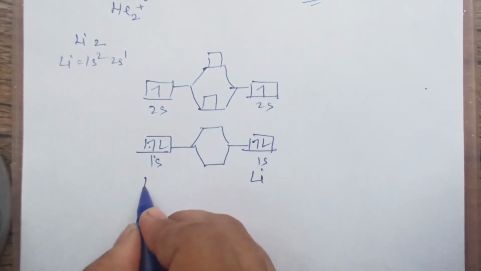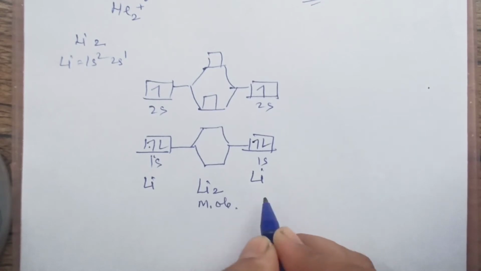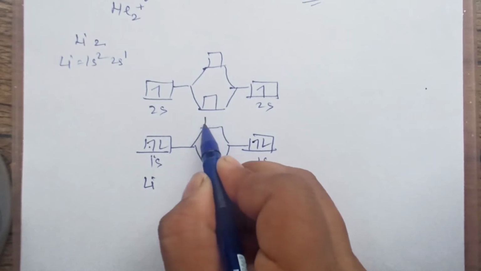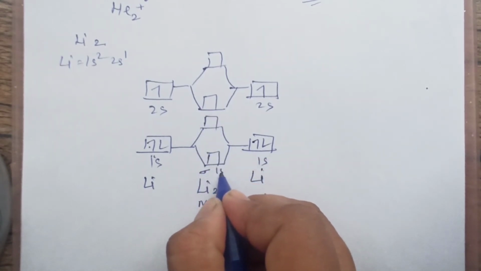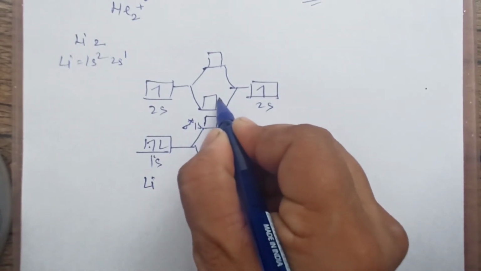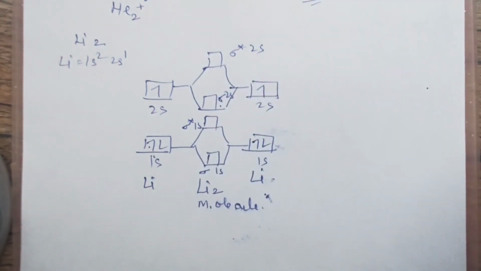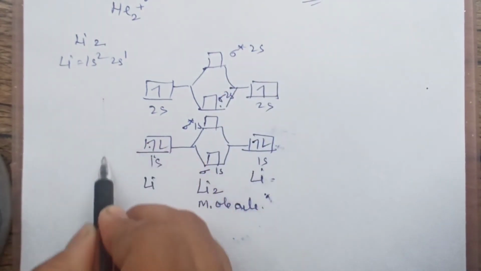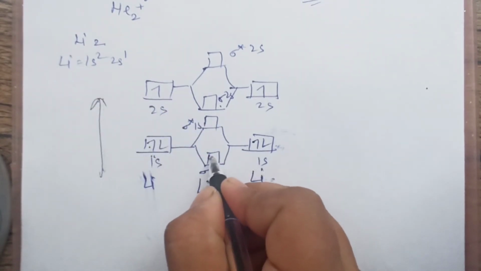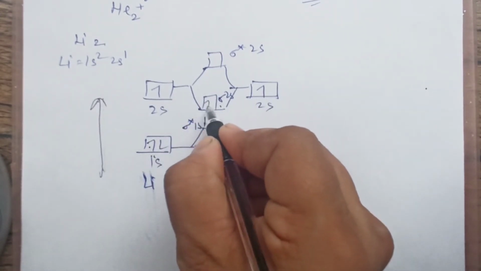This is one lithium, this is another lithium, this is Li2, this is the molecule. This is about the molecule, this is about the atom. So 2 electrons, we know the names now. This is sigma 1s, this is sigma star 1s. What is this? This is sigma 2s and this is sigma star 2s. Okay, so when we are filling electrons, how? This way, of course, energy is increasing. We know this. So 2 and 2, 4 electrons. How will we fill? 1, 2, 3, 4. 2 more electrons we will fill like this.